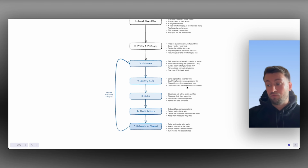So what you really need to do with this is have a structure to your calls. Rather than rocking up, just completely freeballing it, waffling on about what your offer is and why you can help them and why you're the best, you want to spend the first portion of the call doing a discovery. So understanding what it is they've tried before, what is the problem they have, what is the outcome that they're looking for, and then actually use that portion of the call to qualify if they're a fit for what